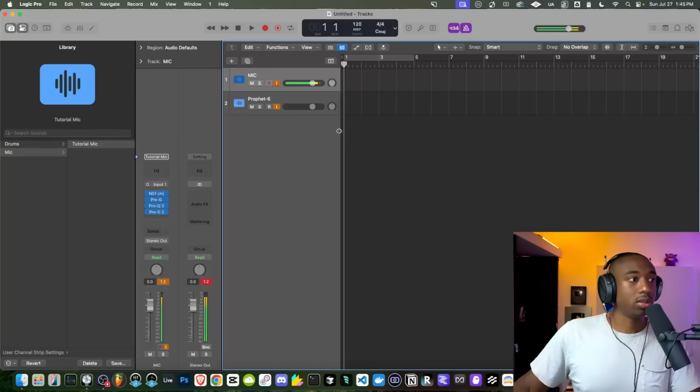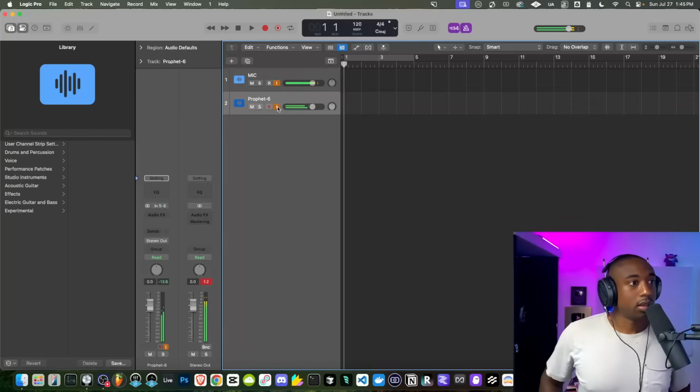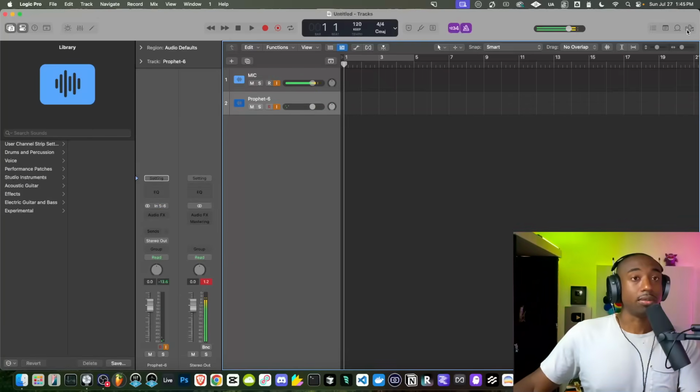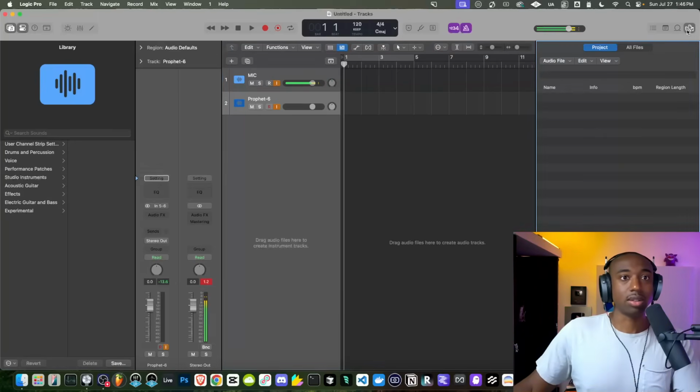So the first thing I like to do is load up a template, usually with my microphone, just because I do tutorials. And if you guys have instruments, here's my keyboard loaded up. So that's the first thing I usually take care of. After this, what we're going to do is, for example, start picking our sounds. Now, it just depends if I want to go sounds first or drums first. But in this case, let's just go drums first.